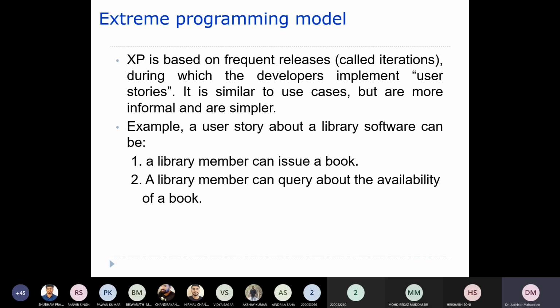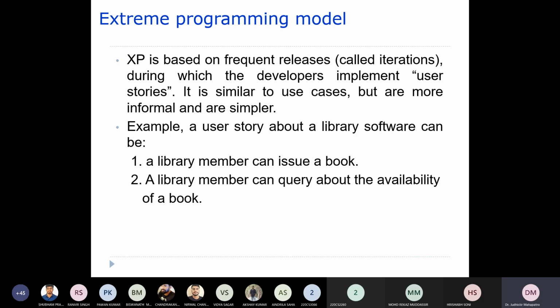Here also, we try to develop the software through various iterations, right? And each iteration targets one or maybe a few features, usually one or two, so they will be delivered through each and every iteration.